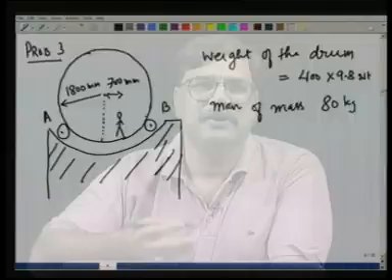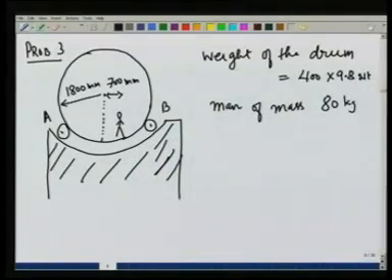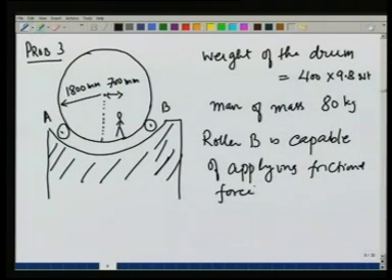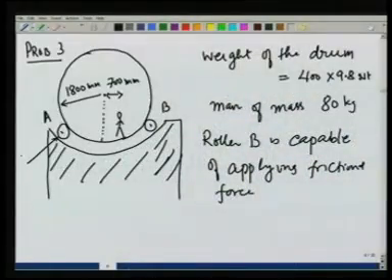The B roller, these rollers are also cylindrical, is capable of applying a frictional force. Roller B is capable of that, which is why it is only after the man moves a certain distance that the drum starts rolling. We want to find the reactions on A and reactions on B. To solve the problem, let us make this drum